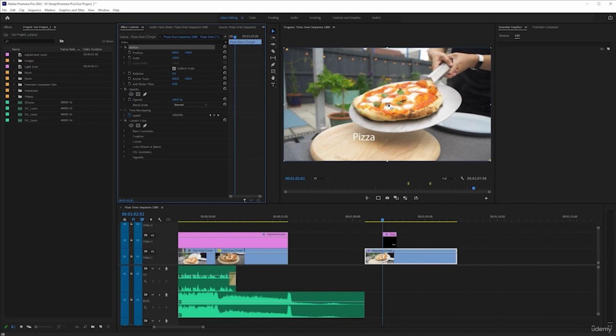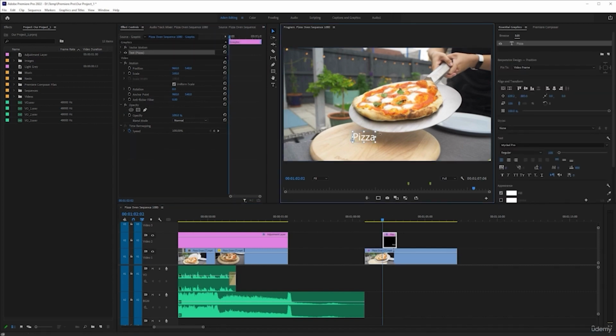What does that mean? Well, it's quite simple. With text, your anchor point will automatically be placed bottom left of the text. So that means if you're dragging it out, it comes up from the bottom left. That can always be changed, but by default, that's where Premiere Pro does it. Now that is one way to change the size of your font, but what I want to draw your attention